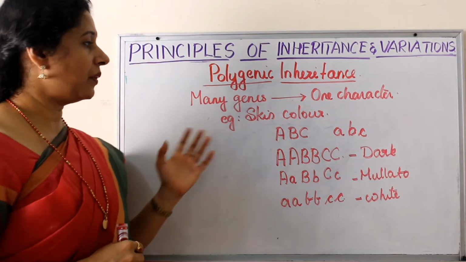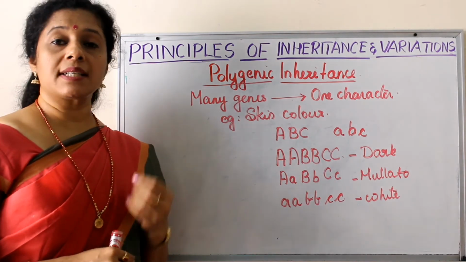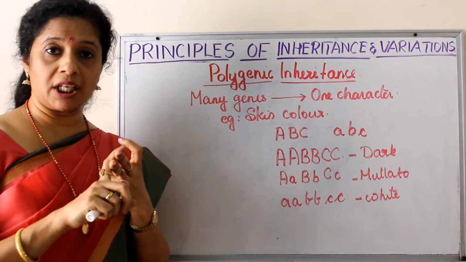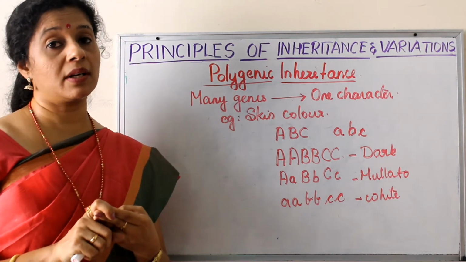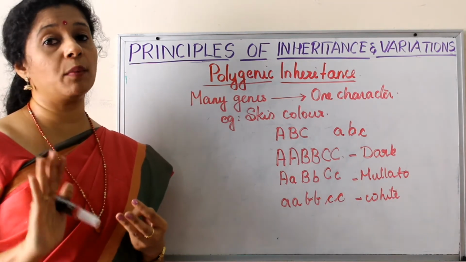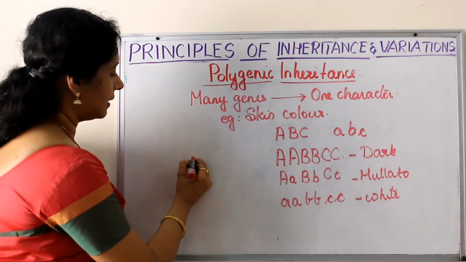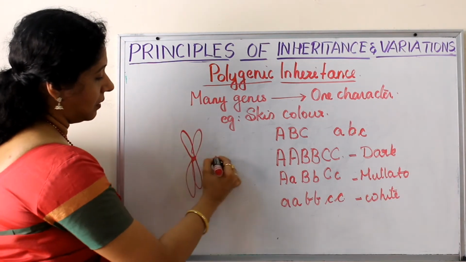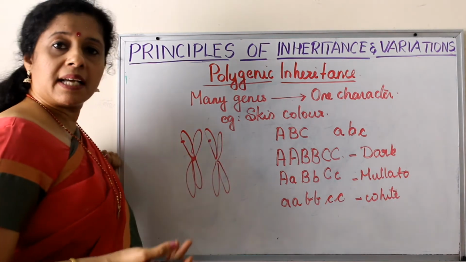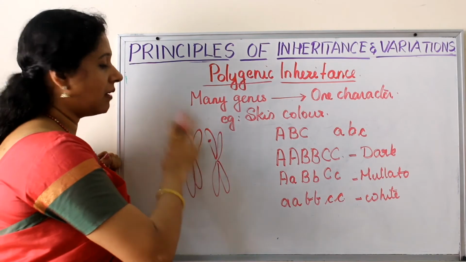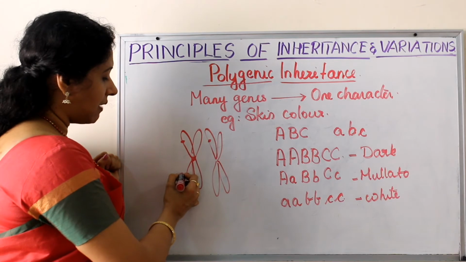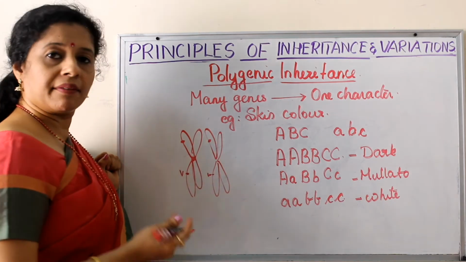this way. So if you take skin color as an example, our skin color is controlled by a set of 3 genes, not 1 gene, not 2 genes. We have 3 genes for controlling our skin color. But all polygenic may not be 3, 2 or more. Okay, we are taking an example, skin, in which 3. So for example, if this is the chromosome, okay. So we know here one gene will be there. For example, if it is blood group, one allele will be here, one allele will be here. That's it. Or if it is a pea plant, suppose flower color, violet here, white here, finished, right?